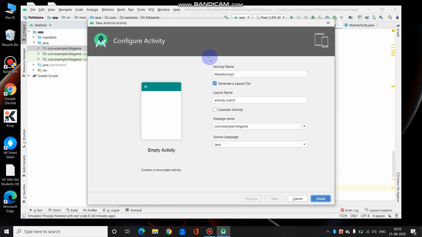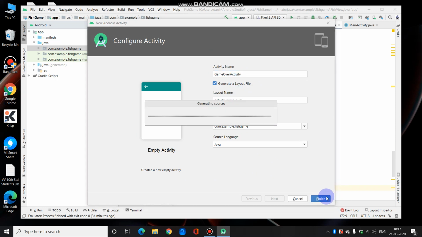A new dialog box will appear. You can name it game over activity or whatever you want. I'm going to name it game over activity, and that's it. Nothing needs to be changed, and this is finished.